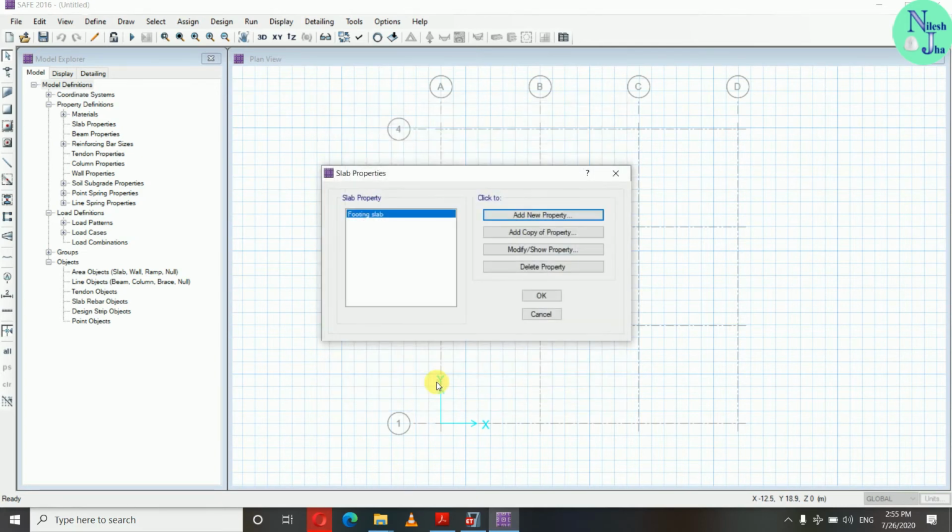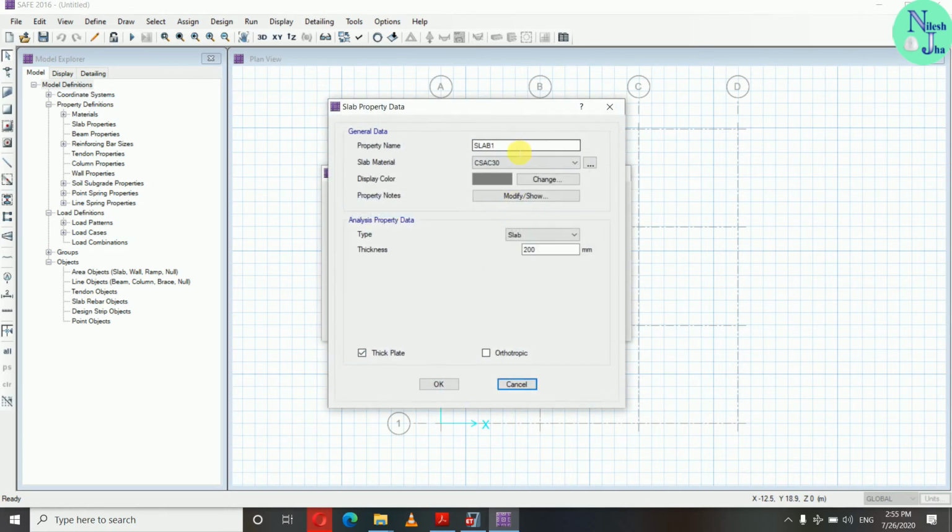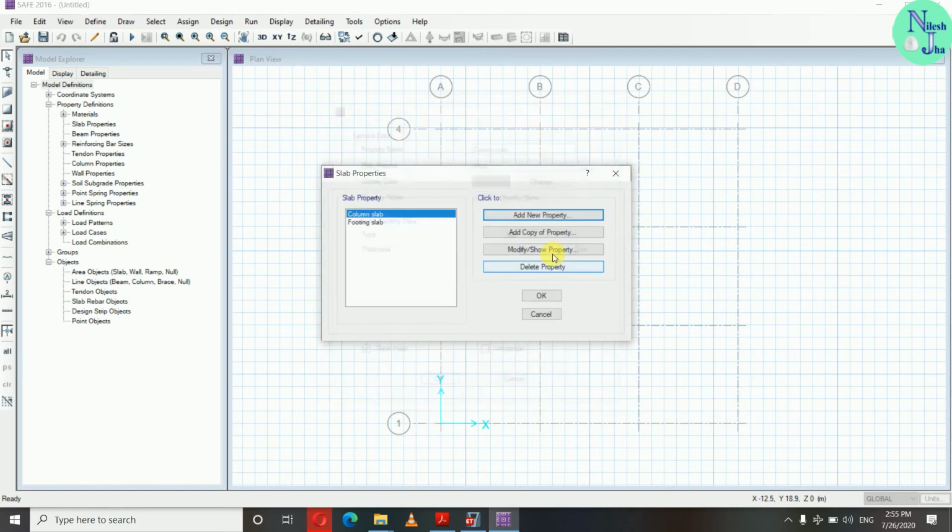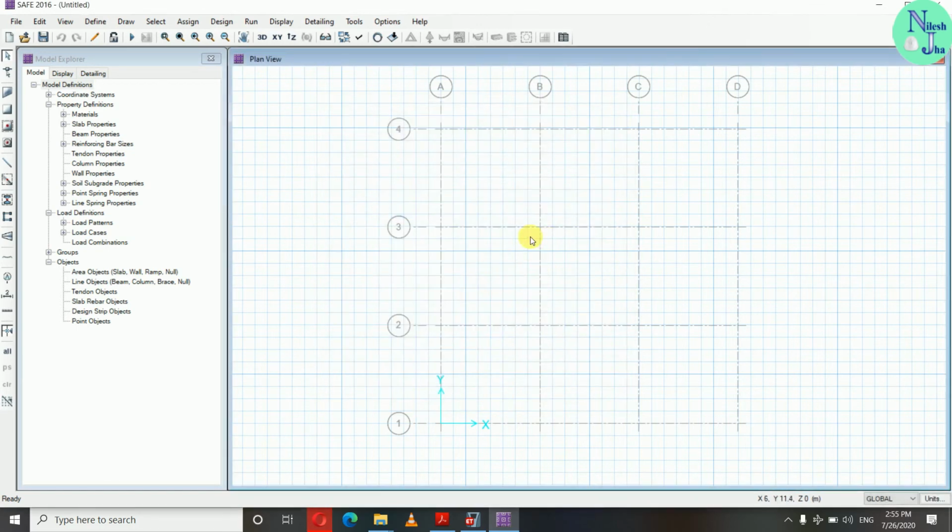Okay, and we will add one more slab for the column. So we are not providing a column here, we will just be giving a slab of the same thickness that will be stiff to provide the column loads there. Okay, so column slab and same property. Okay, and it will be the type stiff, and let us provide the same thickness. So what we have done here, we have defined our materials and we have defined our slab, and now we will draw our slab, that is we will model our slab.